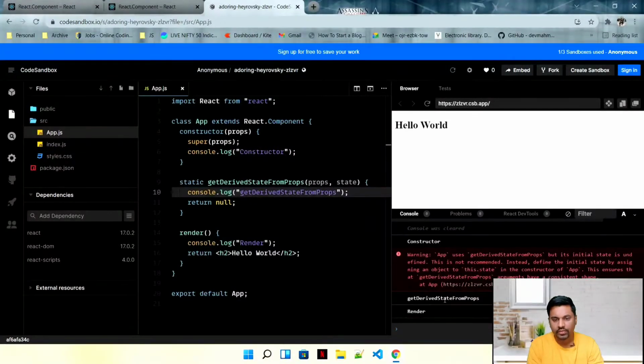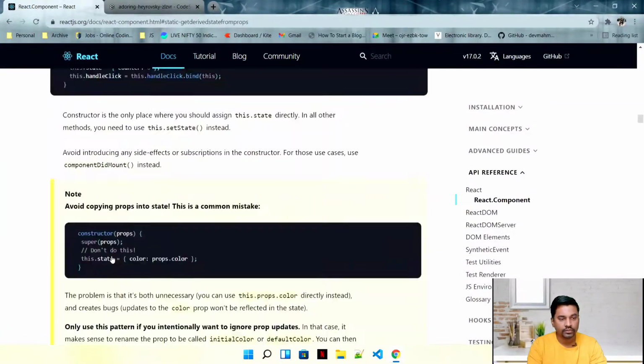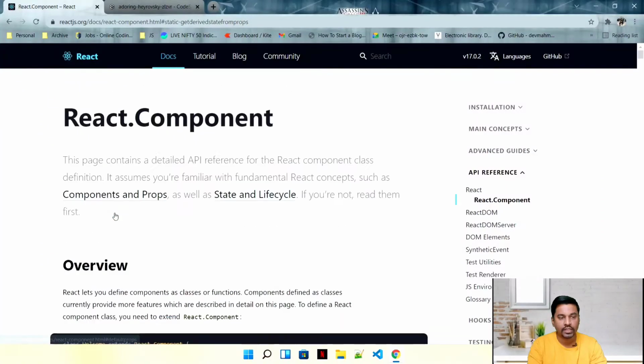Nope, it's not a default Chrome tool. And see, I just wanted to show you this. So you have your constructor. Then the second method that is called is your getDerivedStateFromProps. The third method that is called is render. Last but not the least, the method that we want to see is our